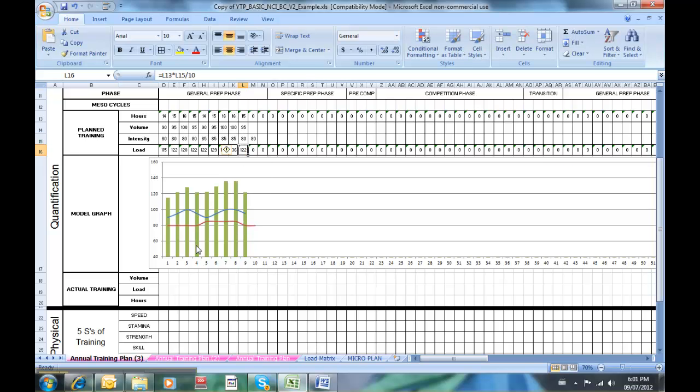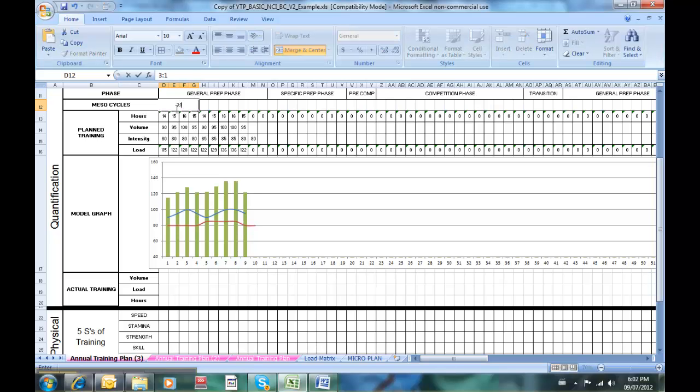And this gives me a model representation of where I can have a mesocycle here of 3 loading and 1 unloading. And what I can do here is go up to my mesocycles, merge those cells, and then go 3,